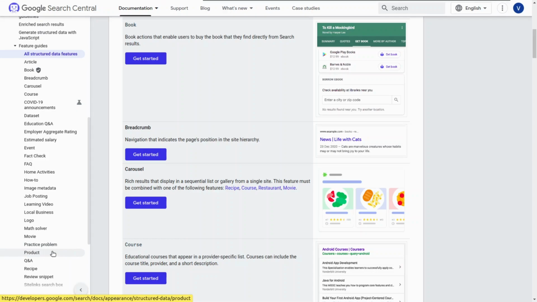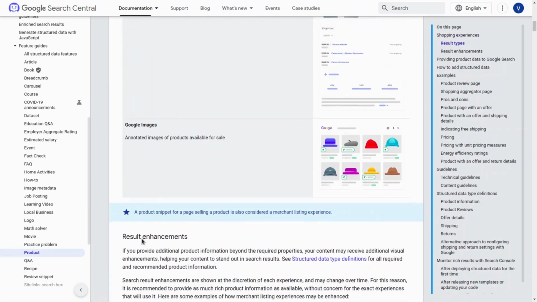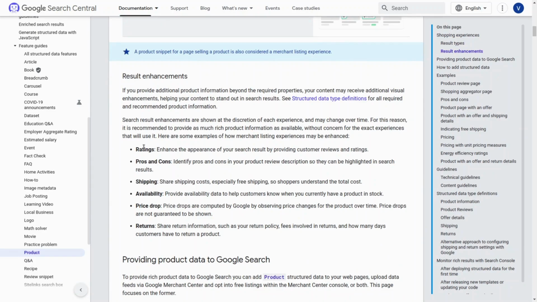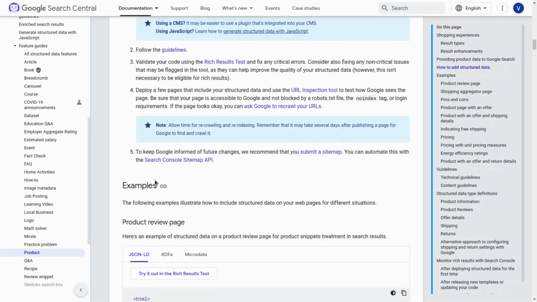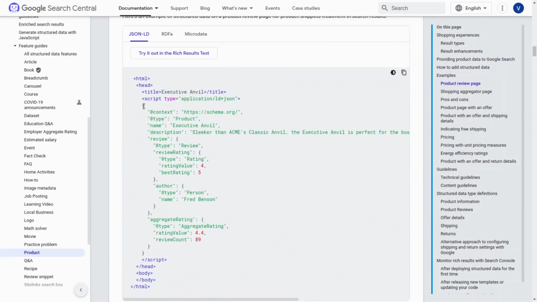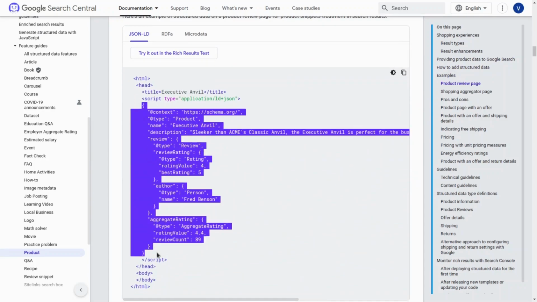Here we have several data with respect to a product, like ratings, its pros and cons, shipping details, returns, price drop, or some more specific details about that product. Let's see an example of the same. This object represents the schema markup for that product.